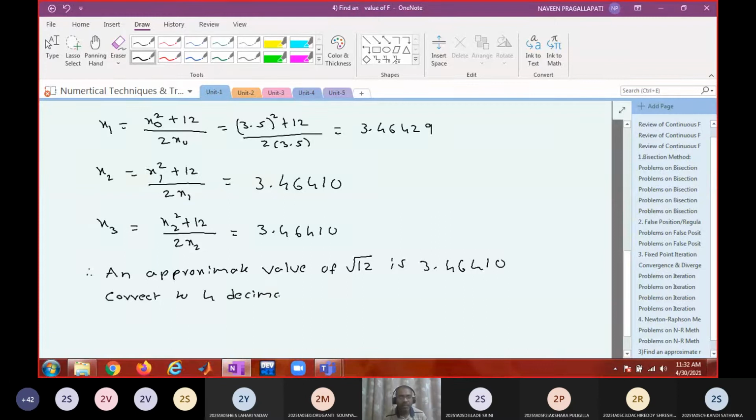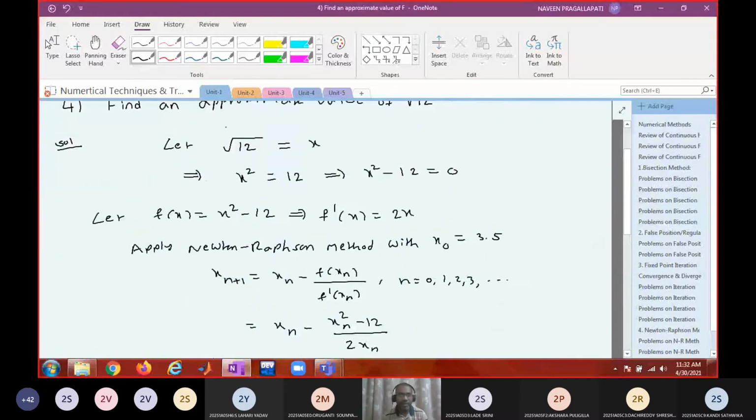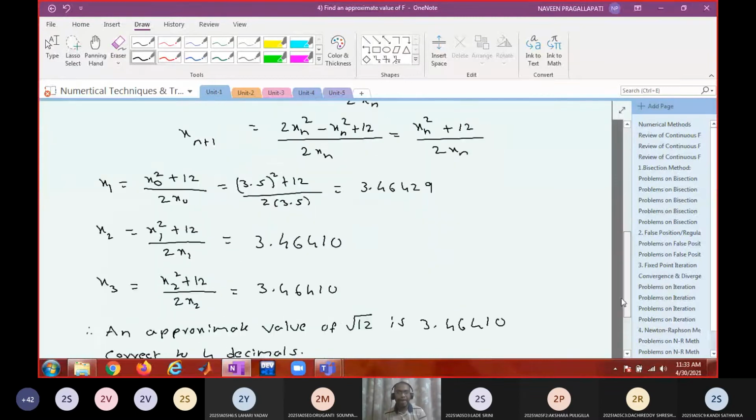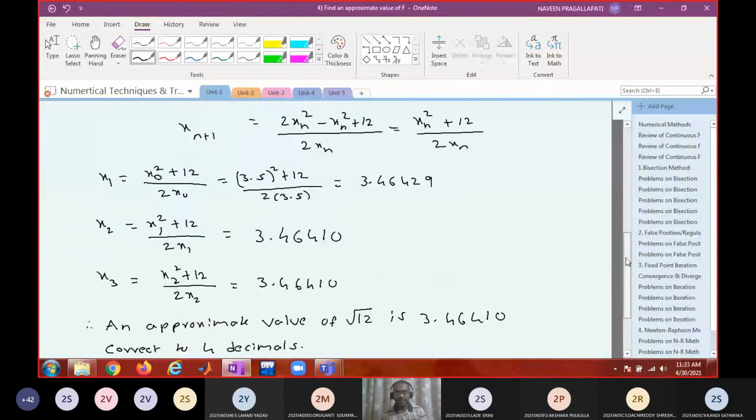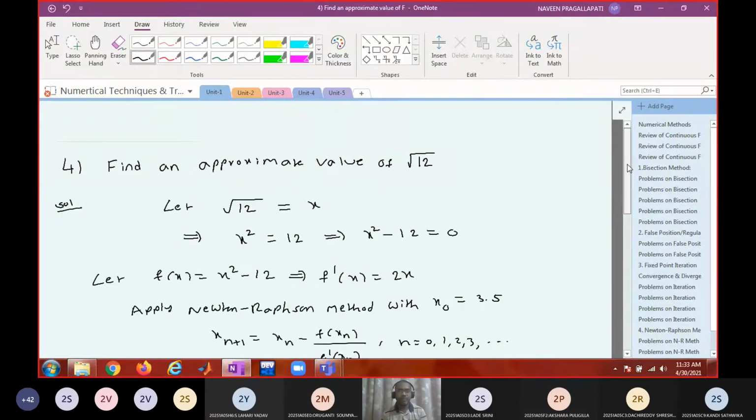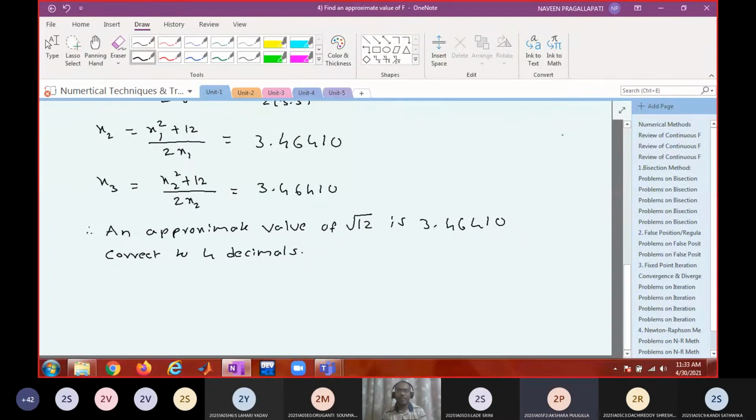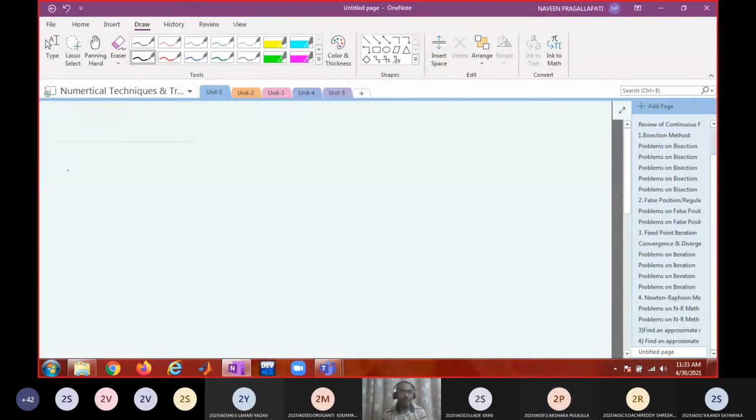So this is an important problem from the examination point of view. Instead of root 12, they may ask root 17. Instead of square root, they may ask cube roots, or fourth root, anything, right? The technique is the same. If it is cube root, then you will take it as x and take cube on both sides. If it is kth root, you will take power k on both sides. Am I right? Yes, sir. Shall I proceed? Yes, sir.